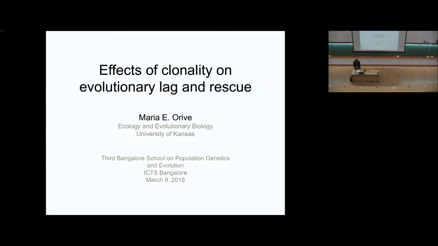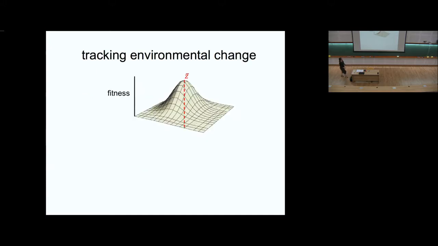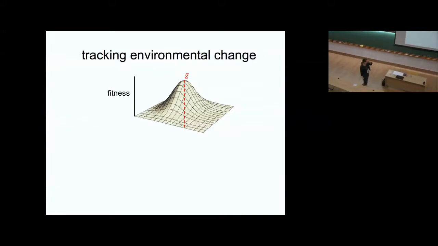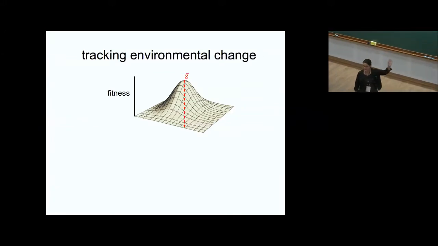So I feel like you guys have seen a fitness landscape. This is nice because I didn't draw it, right? Mathematica drew that. So we might imagine some fitness landscape, and we're going to be agnostic as to what's really going on. It could be a local maximum or a global maximum, but nevertheless, there's some maximum of fitness at some phenotype, which we'll call Z bar or something.